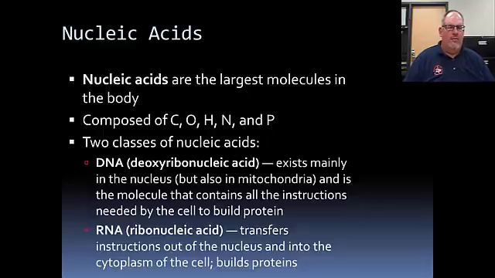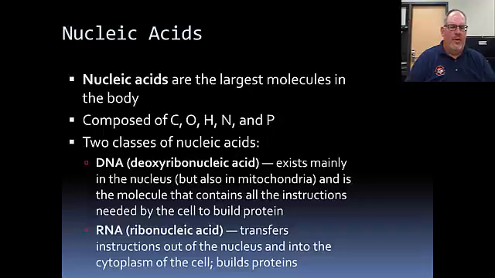So DNA primarily resides within the nucleus and inside the mitochondria, which is an organelle in the cell. And it contains all the instructions for what that cell is supposed to do. It's your main genetic material. It's what makes us all genetically unique, is our DNA. And it has all the information in there for what the body needs to make as far as proteins and the actions and the functions those proteins are going to take.